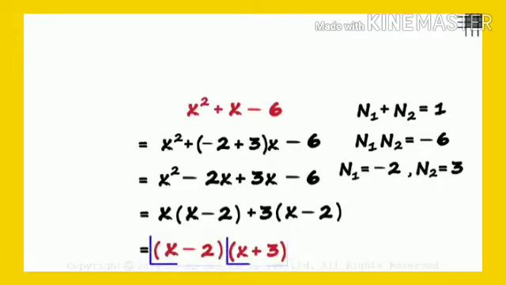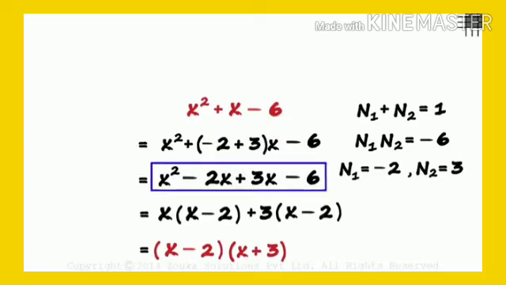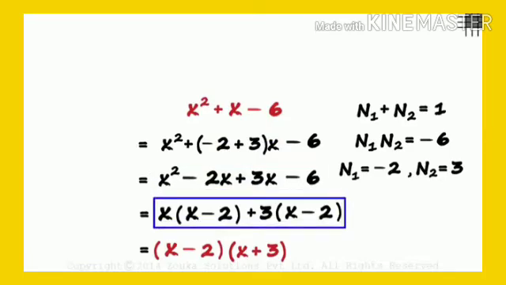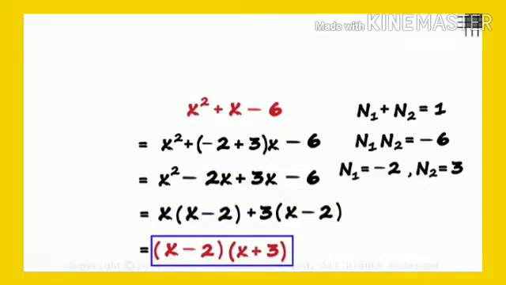We have our factors. Don't worry, this is easy. We only need to do 3 things. Split the coefficient of the middle term, then expand and then group. That gives us the factors.